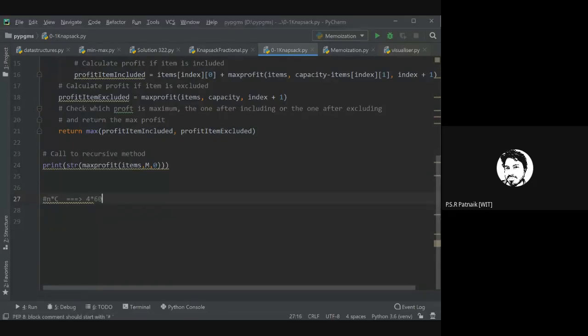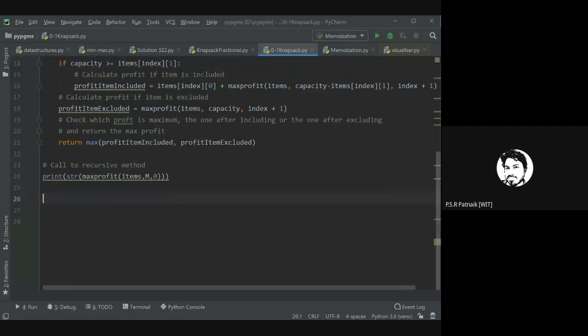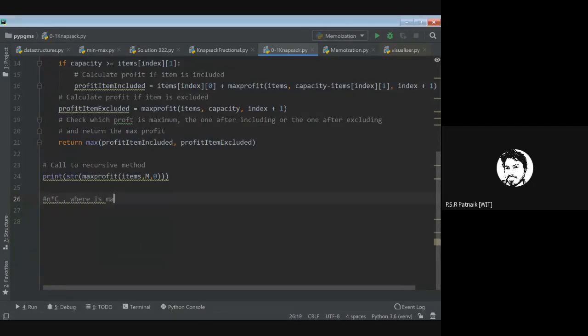These many values, or storage space, I need to have, so that I can store it for any combination of index with any value of capacity. So I need to create a two-dimensional array. Tell me, how do I create a two-dimensional array in Python? So I need n into c, where c is max capacity.